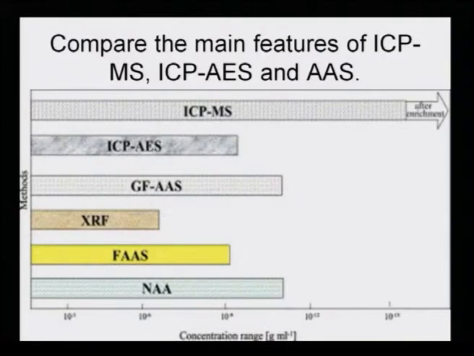Compare the different methods of analysis of metals and metalloids, and we start by comparing the different machines that are used: the ICP-MS, the ICP-AES and the AAS. You will see from this graph that ICP-MS is the best method and has the most efficient